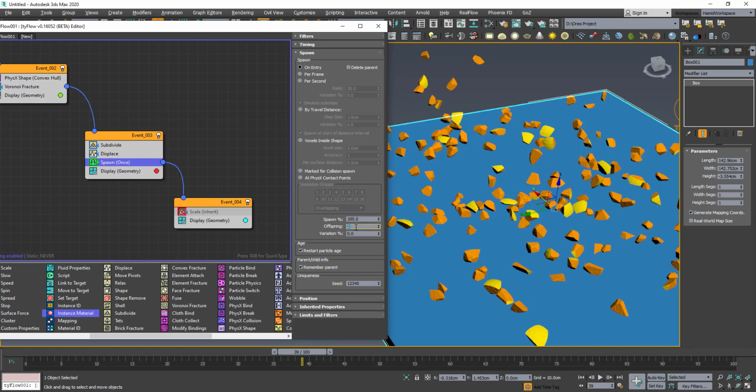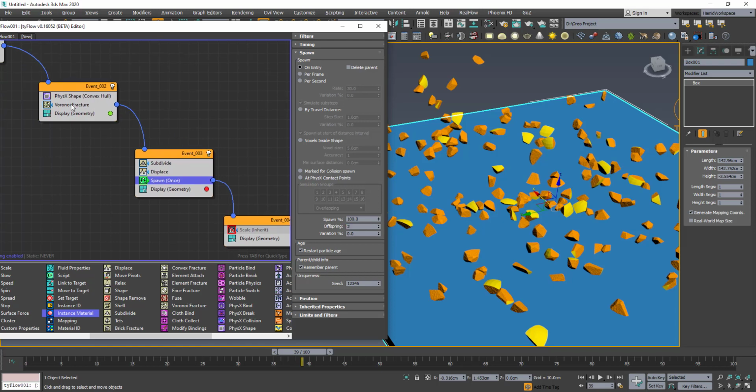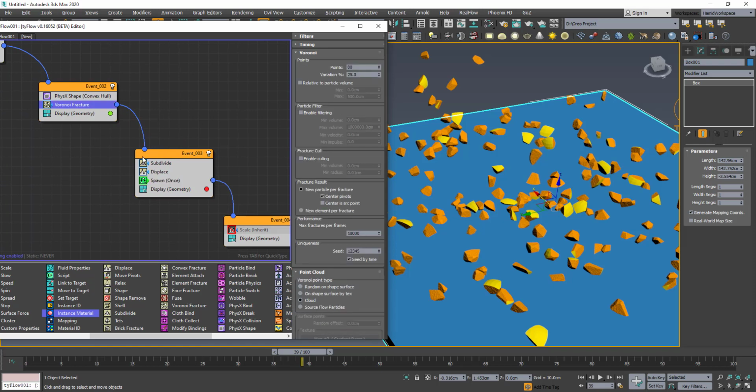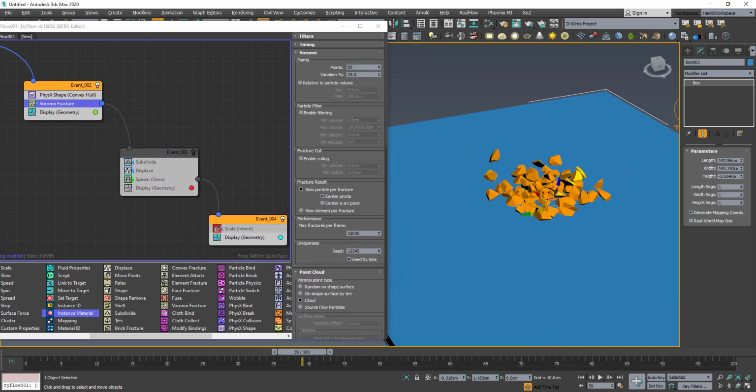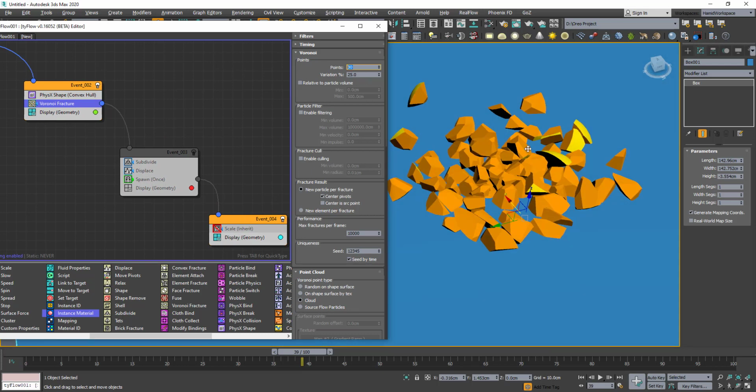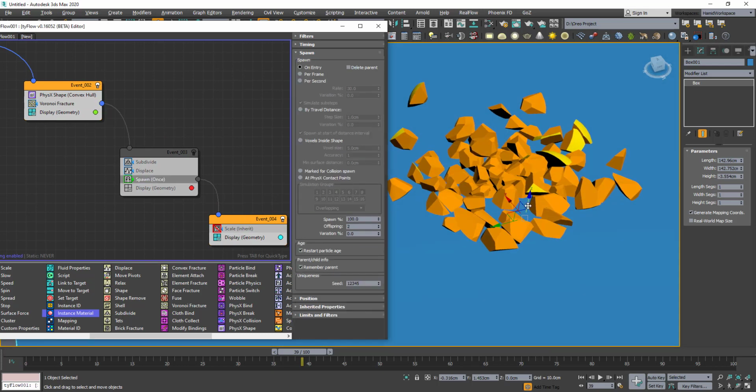Okay, so this is generating two spawns or 2 pieces from each piece that is being fractured from the Voronoi. So the Voronoi, let's disable this one, the Voronoi created 80 pieces. So we are generating 2 pieces from each of them. Just make sure it's going to be a lot of pieces, okay? So 2 from every piece is going to be double, okay? So this is 2. You can go like 5. Of course, it's going to create 5 pieces from each piece, from the 80 pieces, okay? It's going to be a lot of